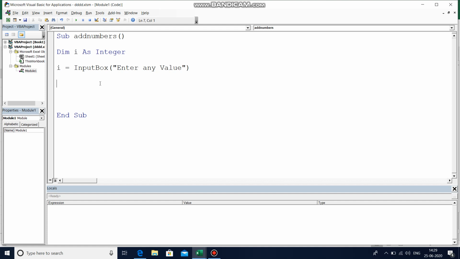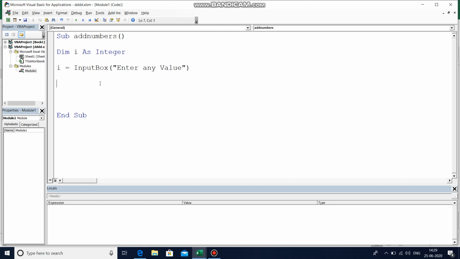Then we will have to use the for loop. For loop is a statement which will repeatedly execute a set of statements within it as long as the condition is met.